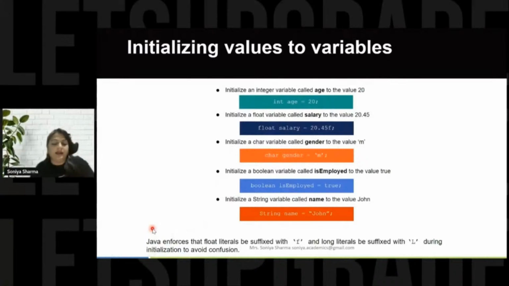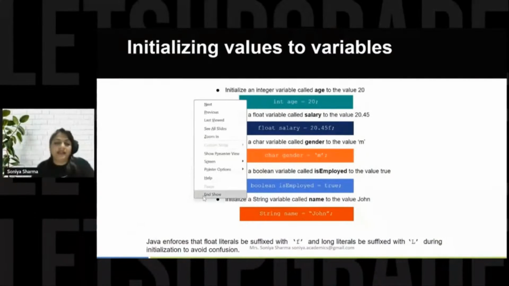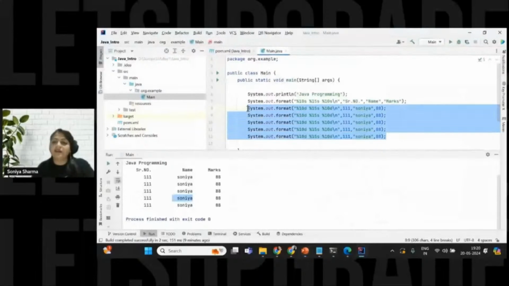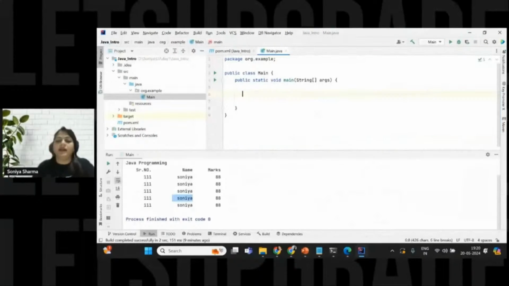Okay. Let me go to IntelliJ and we can declare some variables. I will remove this program and declare some variables. Int a equal to 20. I can have a float